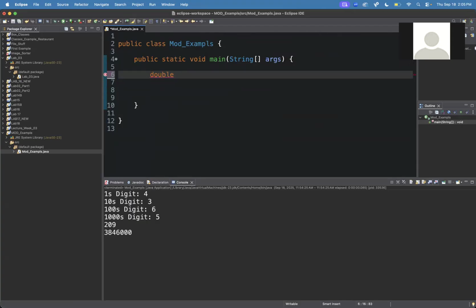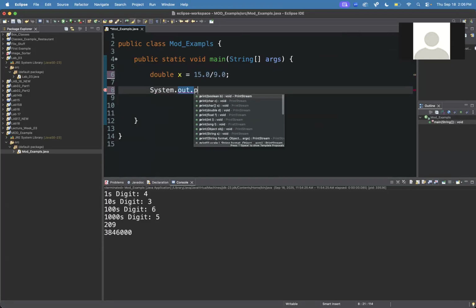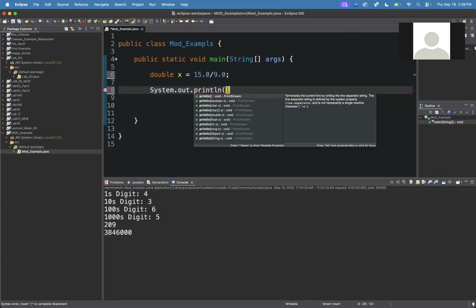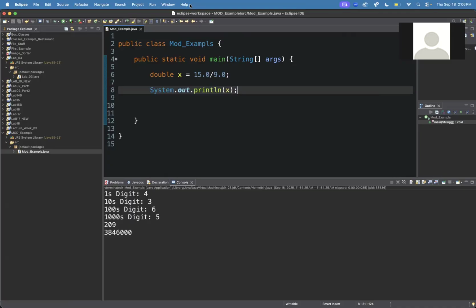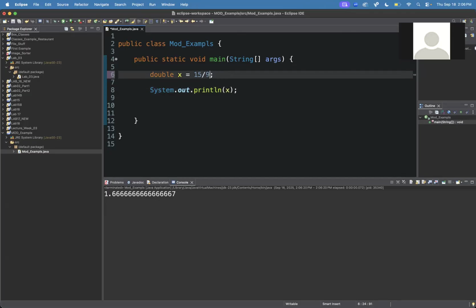If I do double x equals, for example, what do I want? Like 15 over 9, just a number. And let's do it correctly first with 0.0. So this is just 15 over 9, whatever that is. And I do system.out.println x, and we'll take a look at what we get when we run this code. We get 1.66666. Okay. If you forget to put the zeros on the end,